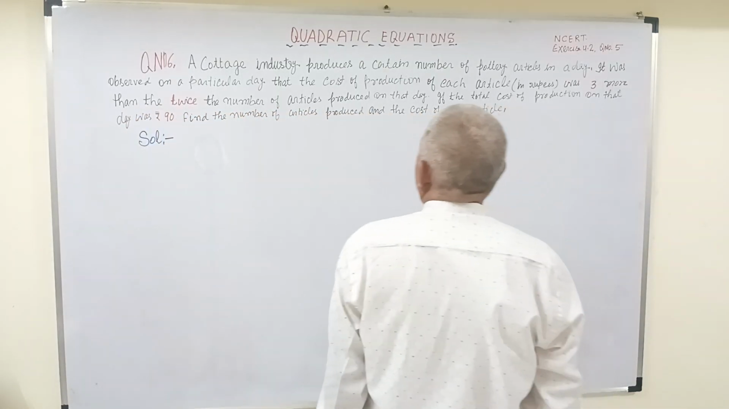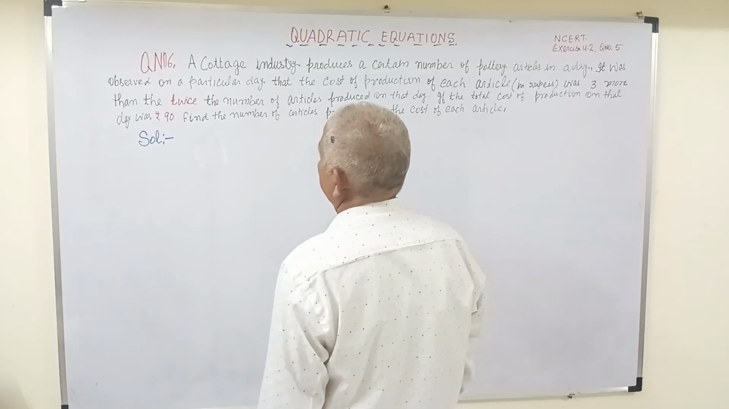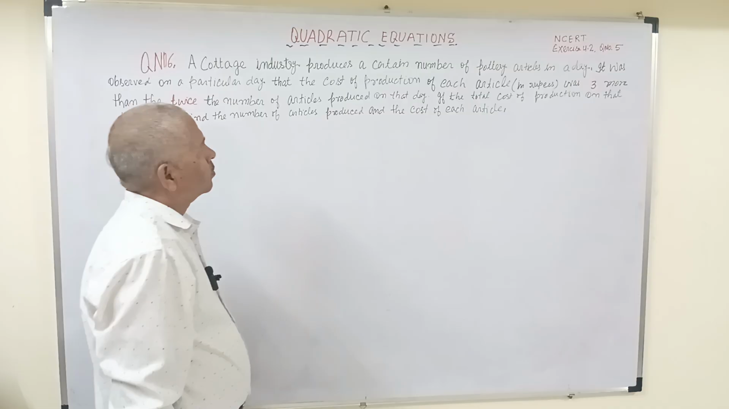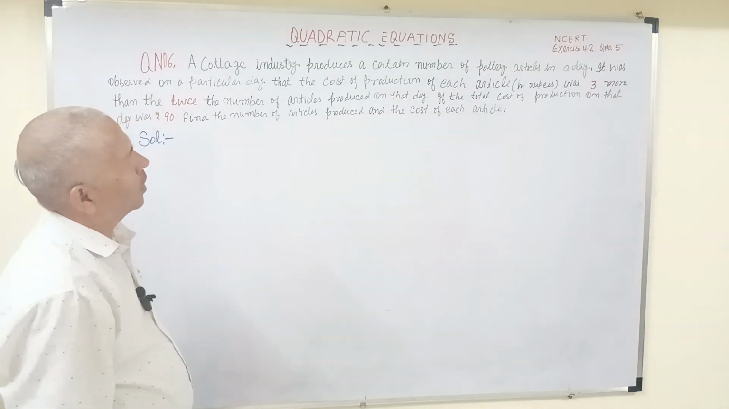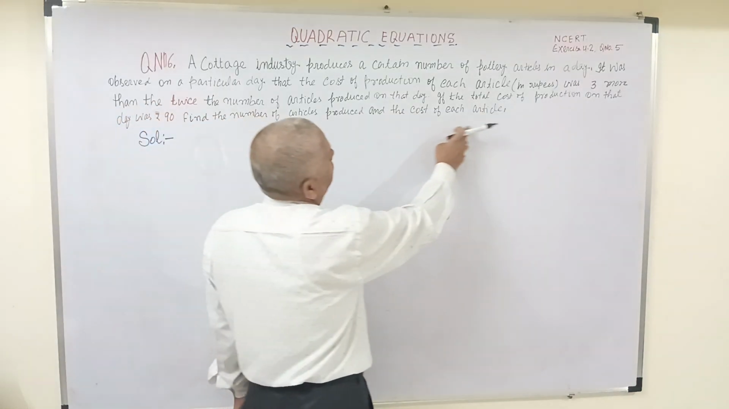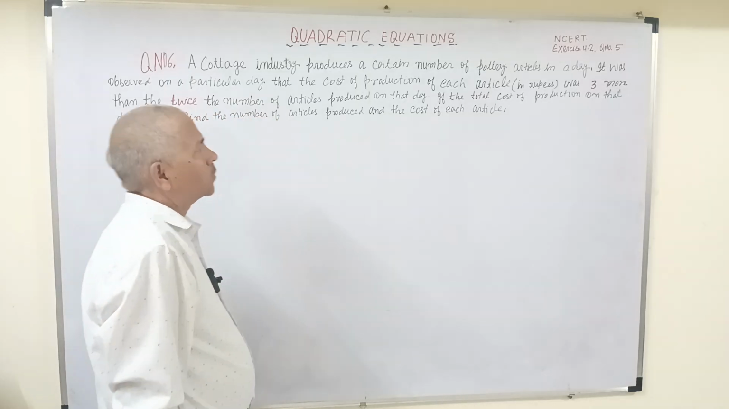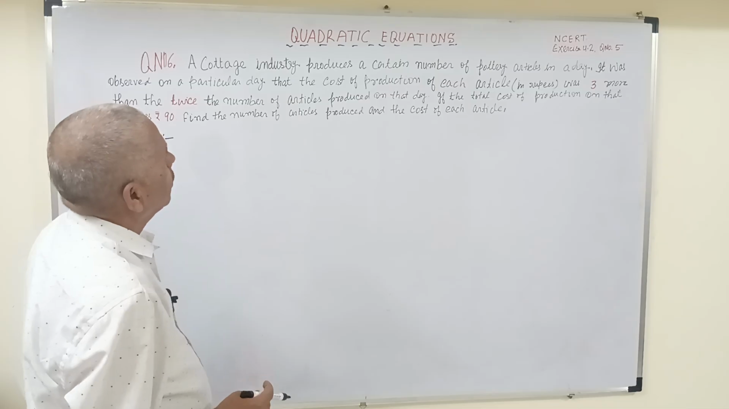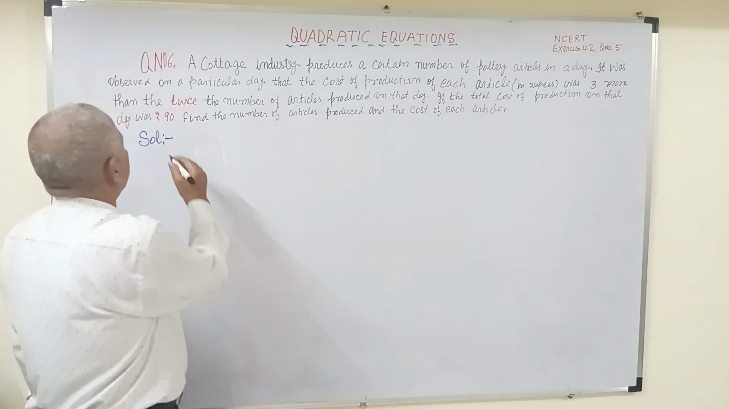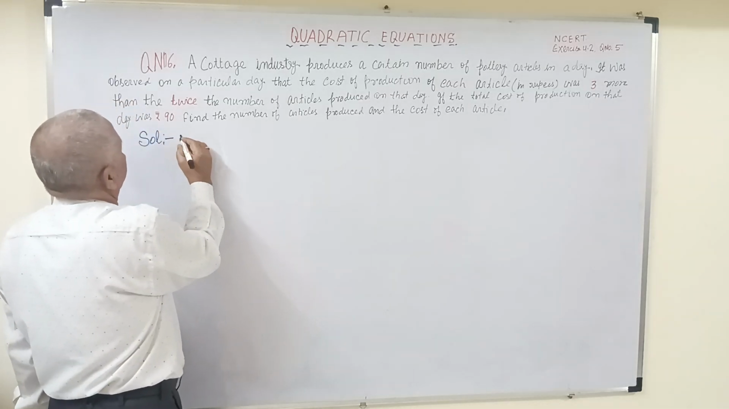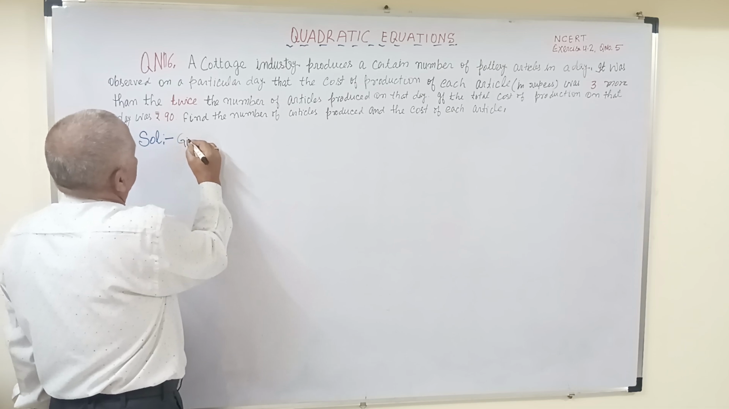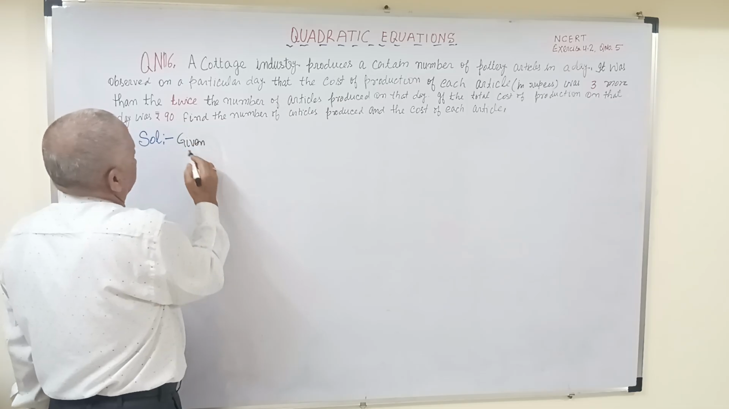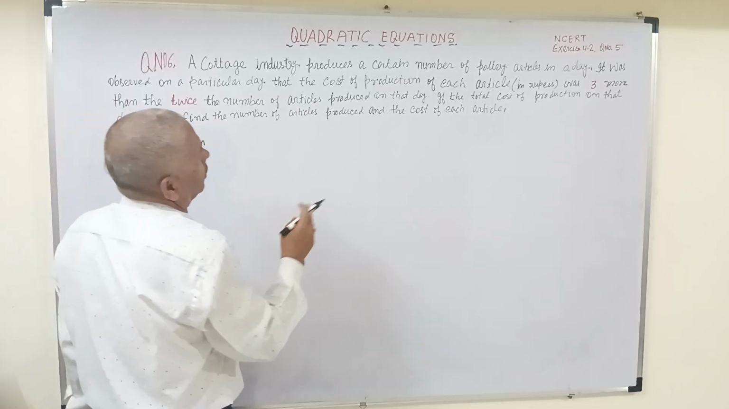So in this question we have to find out two things, that is the number of articles produced in a day and the cost of each article. So to solve this, first we will write the given. We will write the given things, that is,